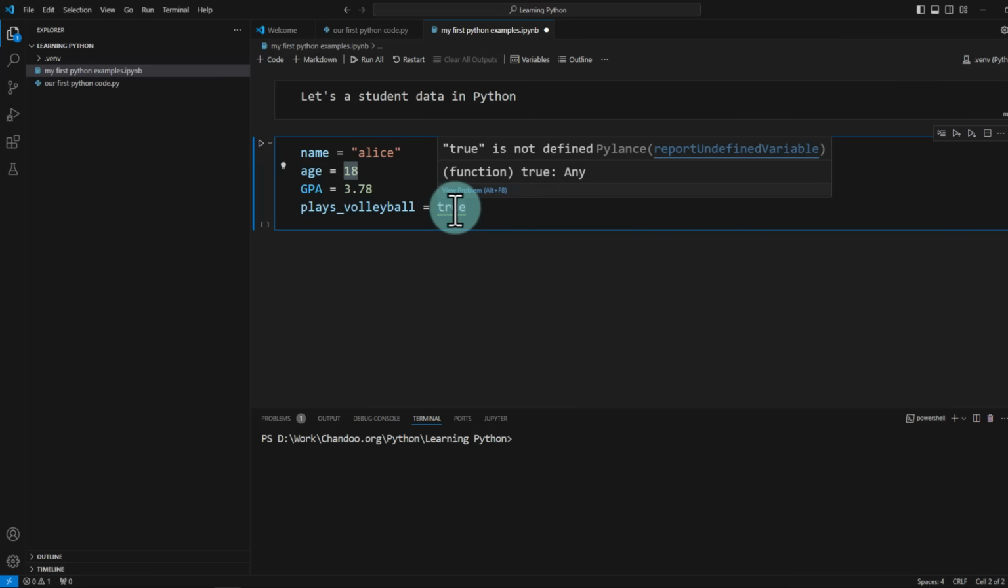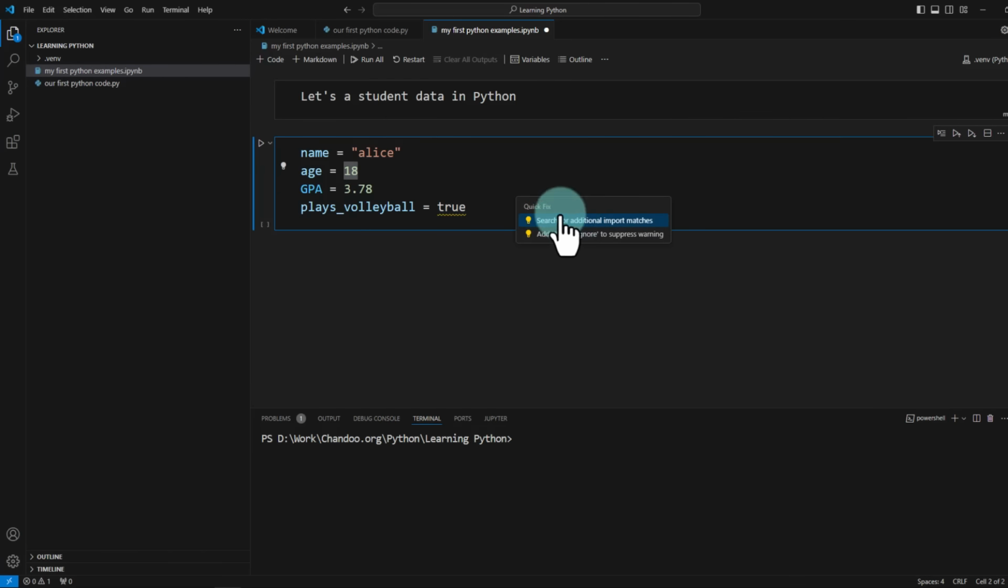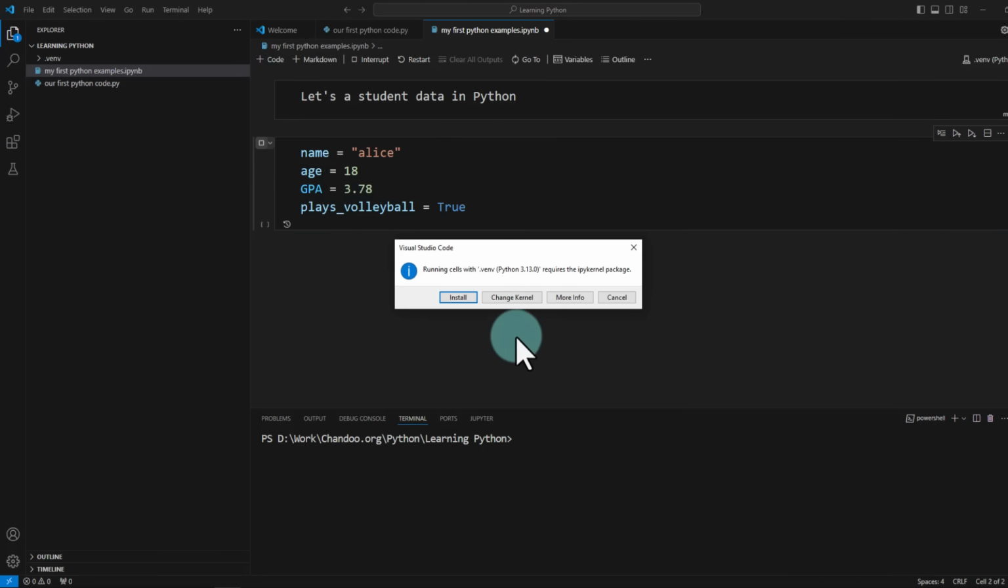And if you don't know, you can hover and then you can use the quick fix here, but I think we are meant to use capital T there. That's the problem. And once you fix that error, you can run this and it will ask you, running cells with virtual environment requires the ipykernel package. Do you want to install it? As we haven't initially used Jupyter at all, it is asking us to install some things. This is quite normal. You can install it, and whatever you install, they will all be contained in the virtual environment that you have set up. So I'm going to install this,